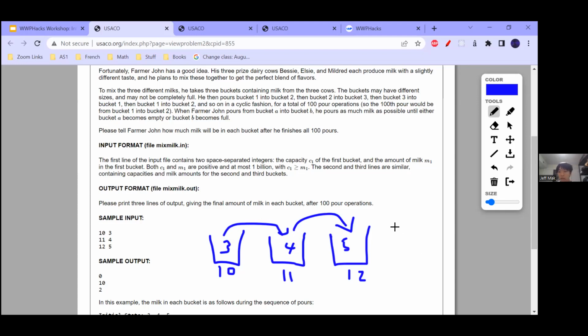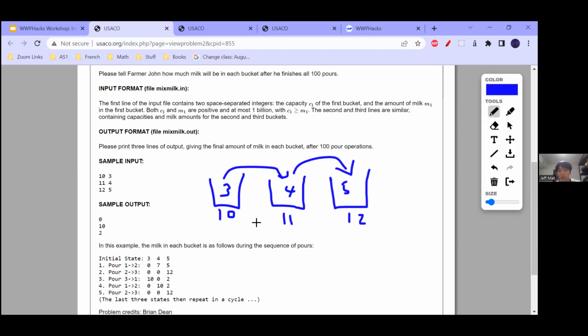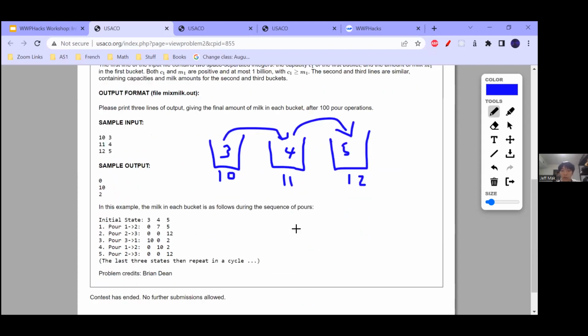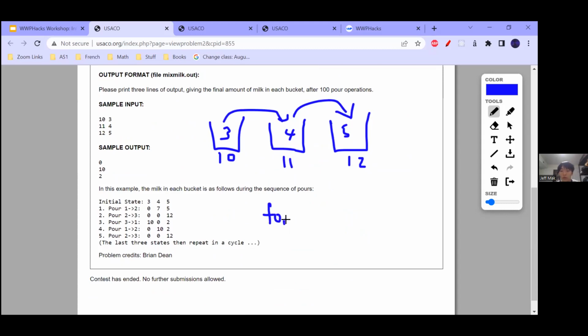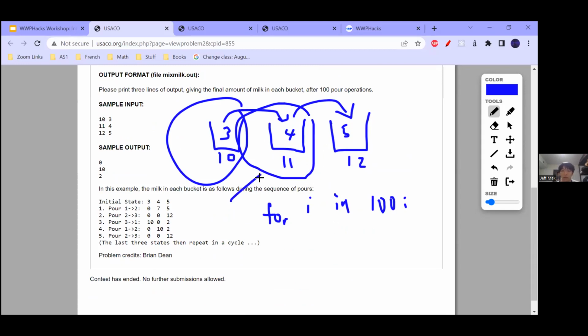To solve this, you can just simulate it. You can do a for loop 100 times, like a for i in 100. Each time you pour the minimum between however much milk is in the original bucket and the capacity minus whatever is in the next bucket.